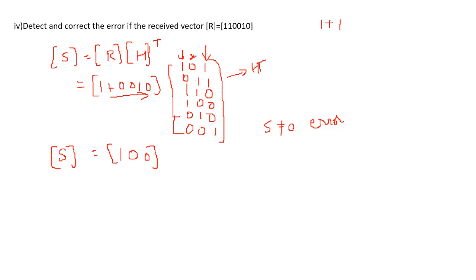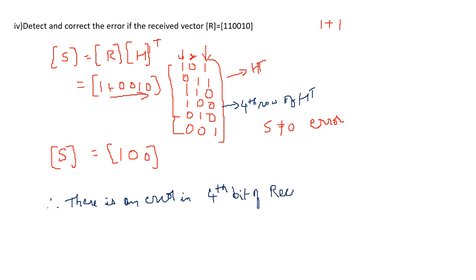If you see here, this 1 0 0 is present in the fourth row of H transpose. Therefore there is an error in the fourth bit of the received vector